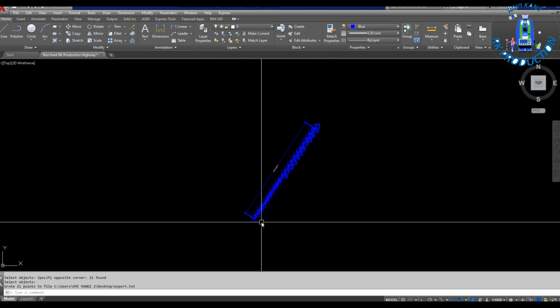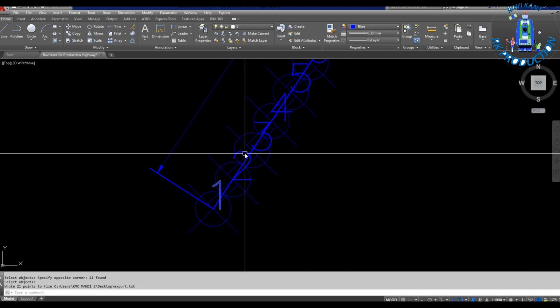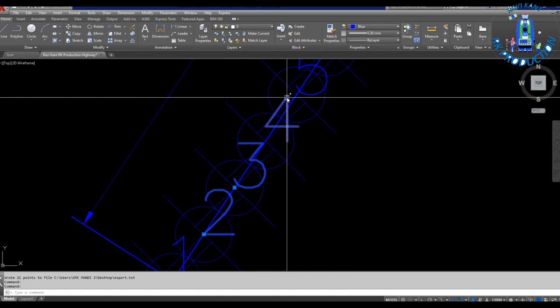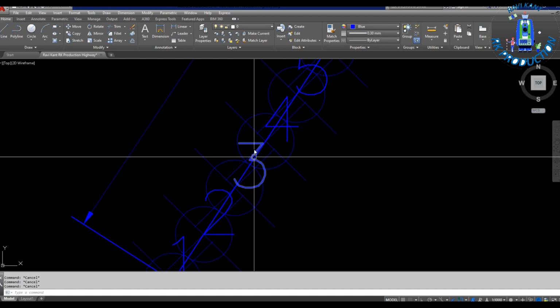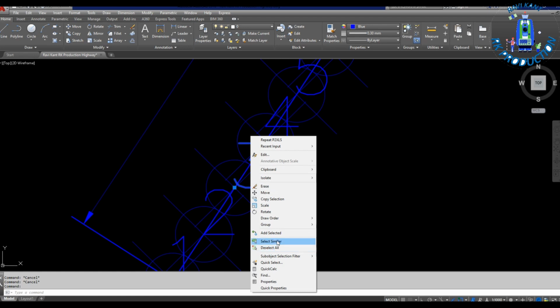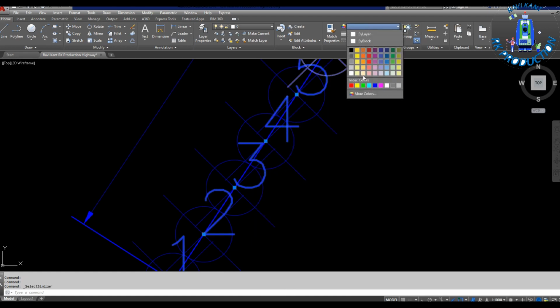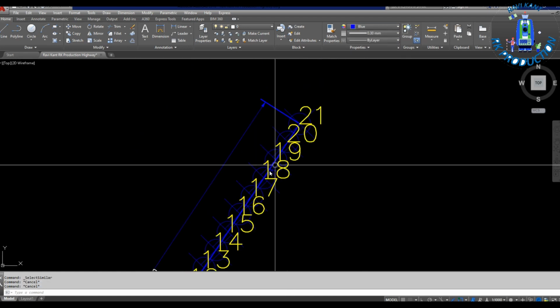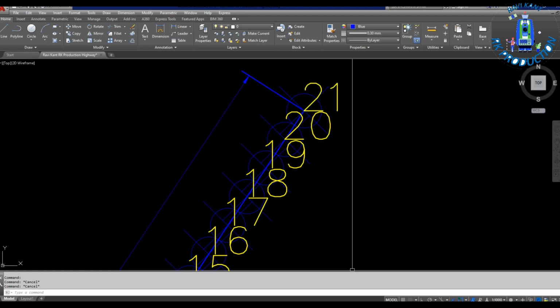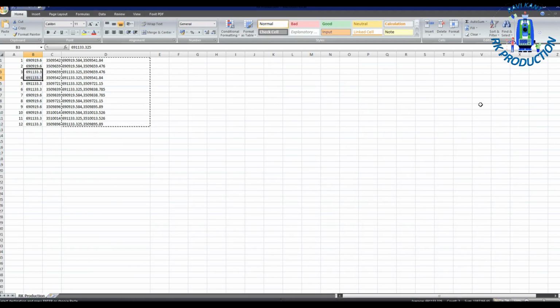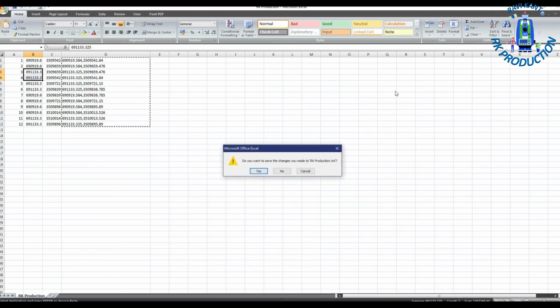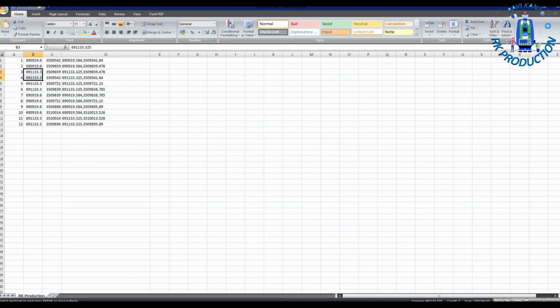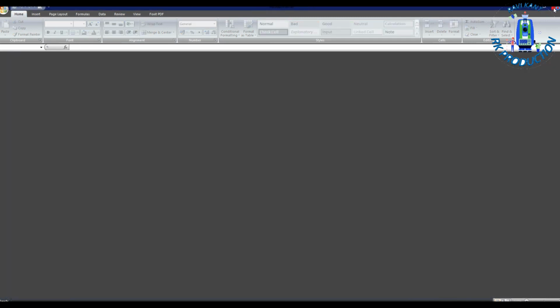After that, save, select all, enter, and you can see the numbering is already marked here, and the coordinates for these points or these numberings are exported. Now I will show you in Excel. Simply close this file first because this is our old one, and open a new Excel.